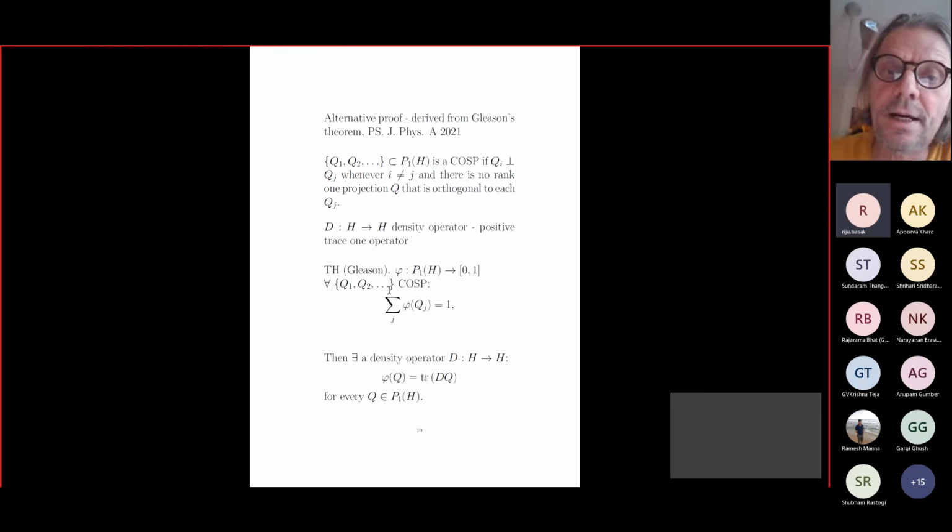And it has this property that for every COSP, I calculate the value of this function on each element. I sum up, and what I get is probability. Let me call this probability 1. It is some sort of probability, because if I have such a Gleason's function, and if I take any projection, say a projection of rank 3,